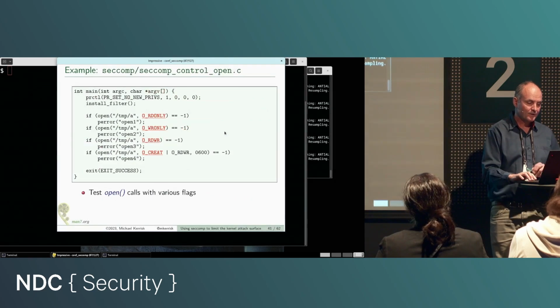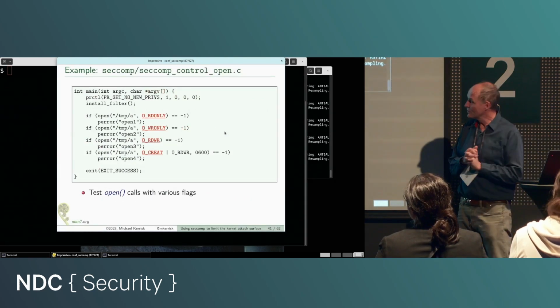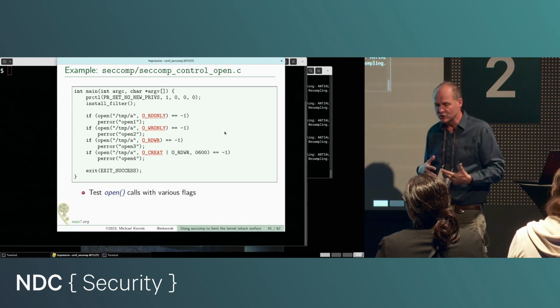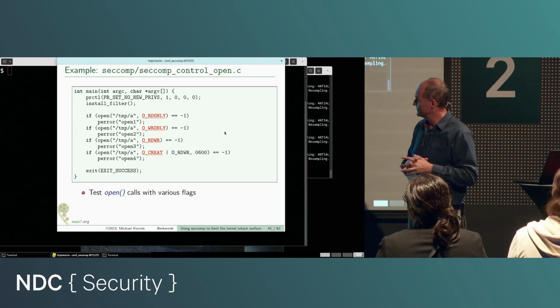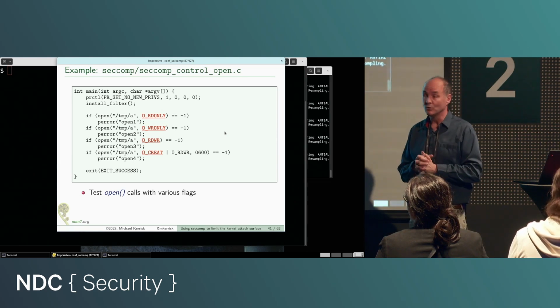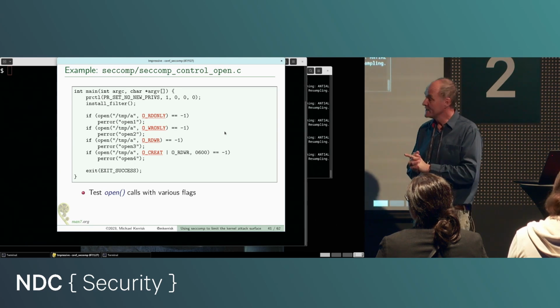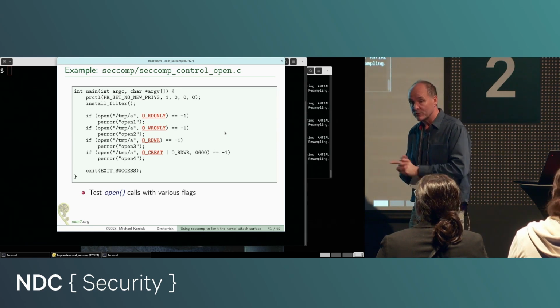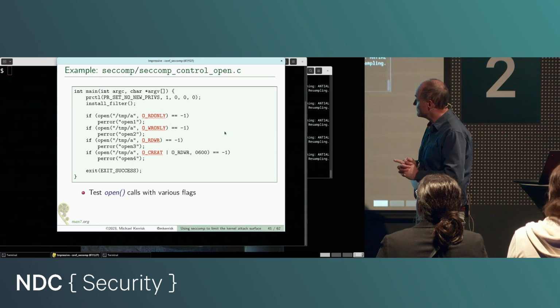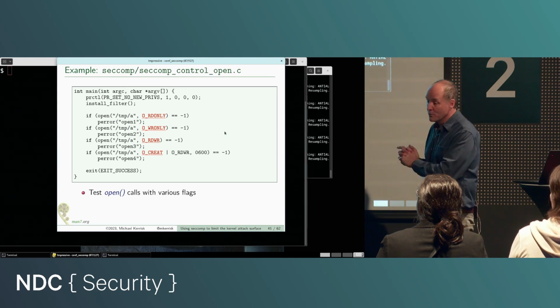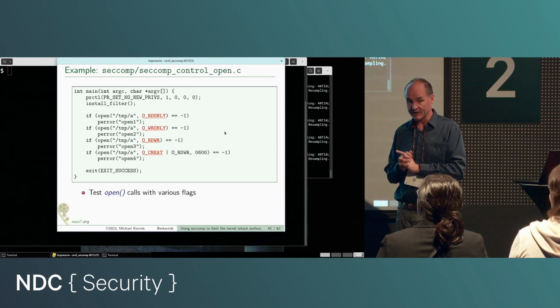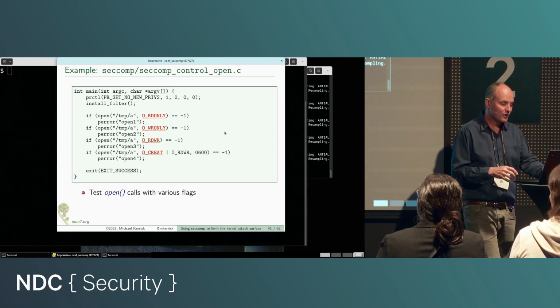Now, then in my main program, things look like this. I set the no_new_privs attribute, I install the filter, and then got a series of open calls. First of all, an open for reading, an open for writing, an open for reading and writing, I should say, and then an open with the O_CREAT flag. Now, when I run the program,